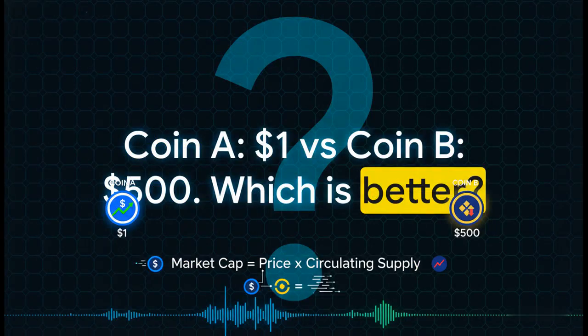Okay, let's just jump right into this with a quick mental test. So we have coin A, and it's priced at a highly accessible $1. Right next to it, we've got coin B, sitting heavy at $500. I want you to ask yourself honestly, looking at these two, which one instinctively feels like the better investment? If your brain immediately went for the $1 coin just because it kind of looks cheaper or feels like a bargain, hey, don't worry, you're experiencing a super common cognitive bias. But you also just made one of the absolute biggest mistakes a beginner can make in this market.